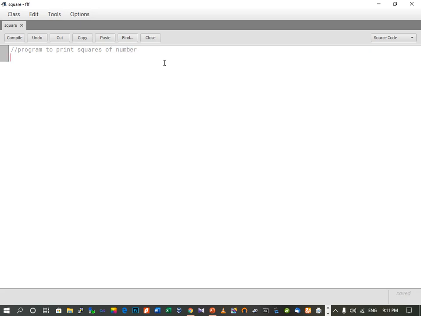Now here we don't have to accept any value from the user, so straight away we'll write down public class. The class name was square, so we write down public class square, then public static void main, then String args.